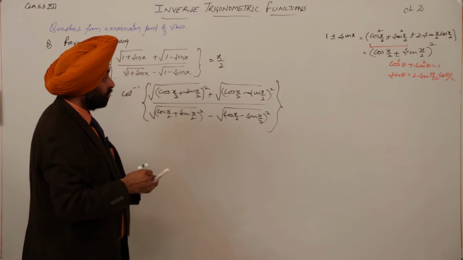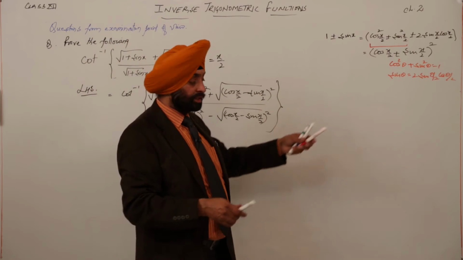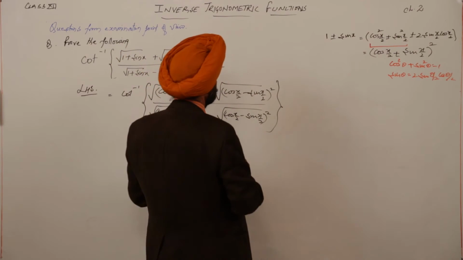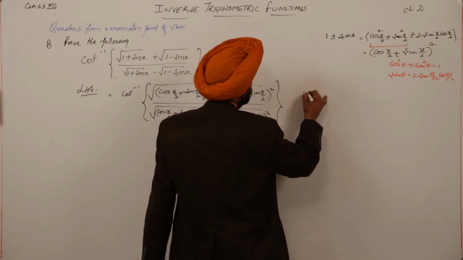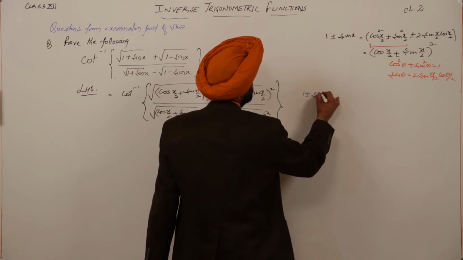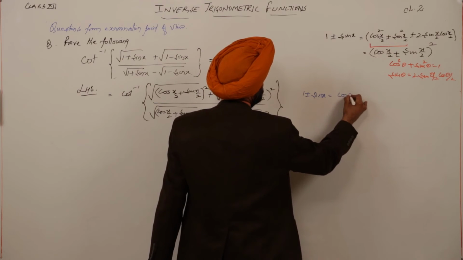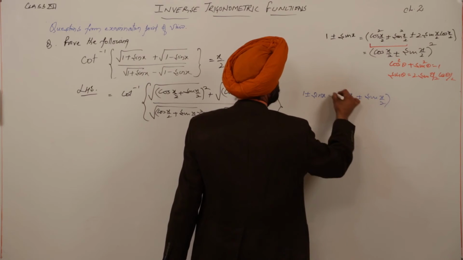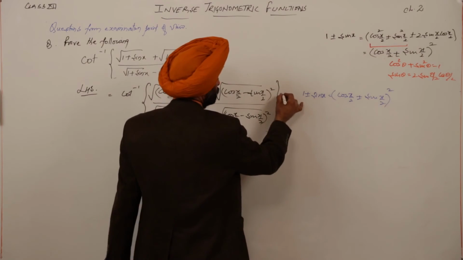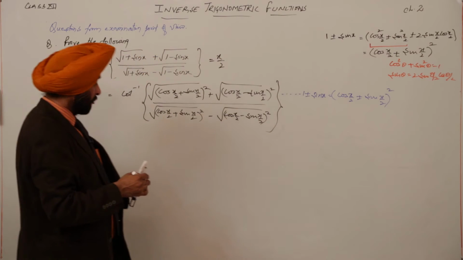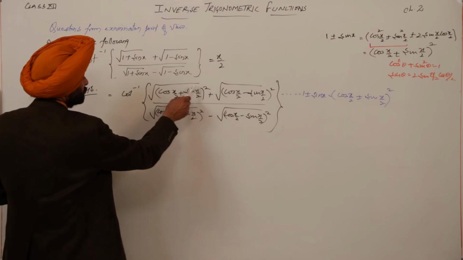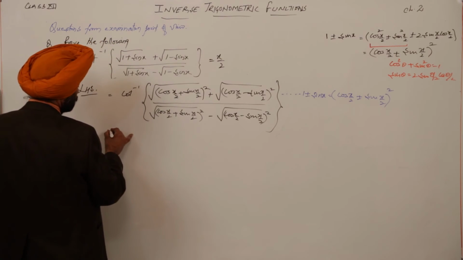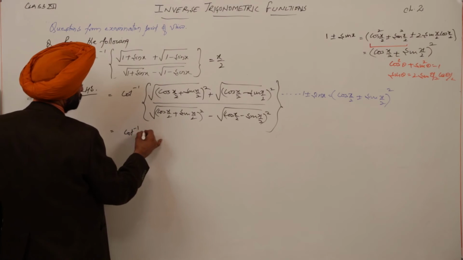Now, for the sake of reasons, you can write these reasons as they are, or you can just write that we have used 1 plus minus sin x is equal to (cos(x/2) plus minus sin(x/2)) whole square. One and the same thing, or you can give this as a reason. Okay. So, now this is a whole square. The square root of a whole square is the same term.